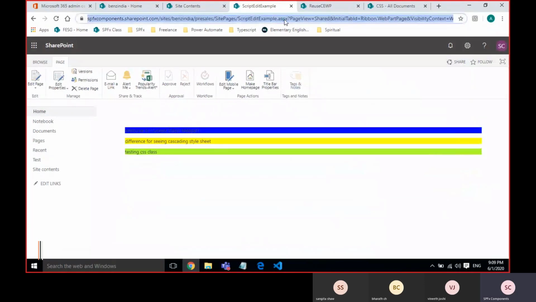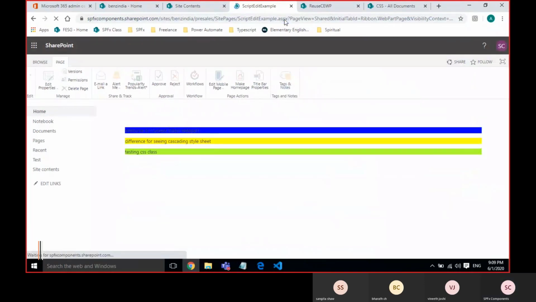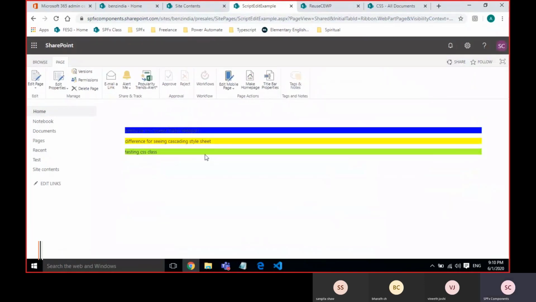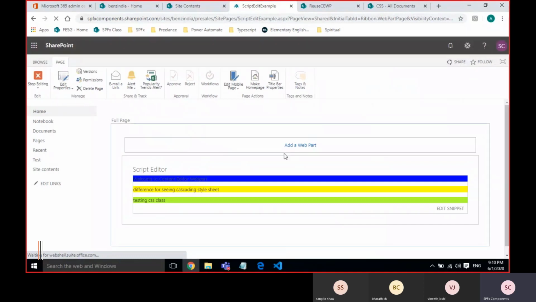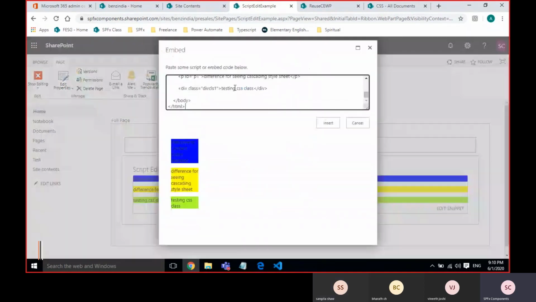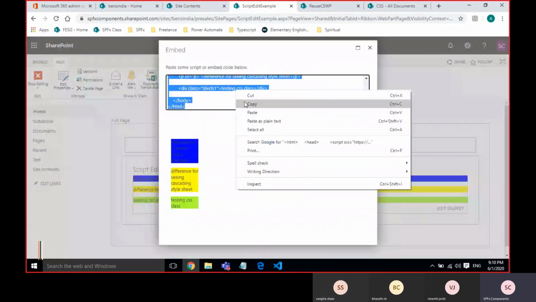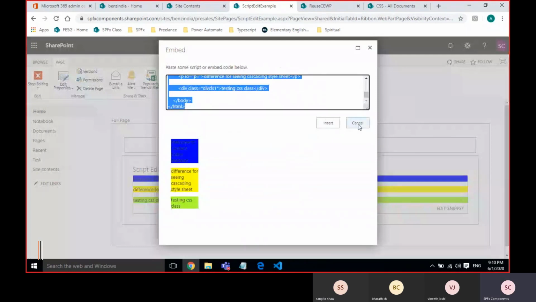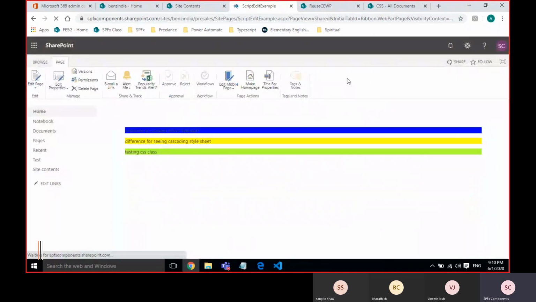Now you are not getting the alert. If I want to reuse the same code, how to do it? Just go to edit page, edit snippet, select all, copy it, then create a new page and paste the same code over there.